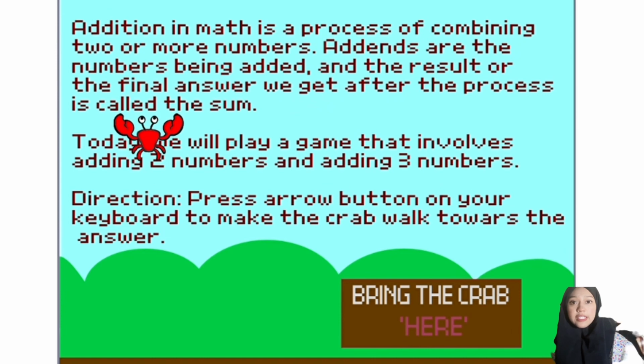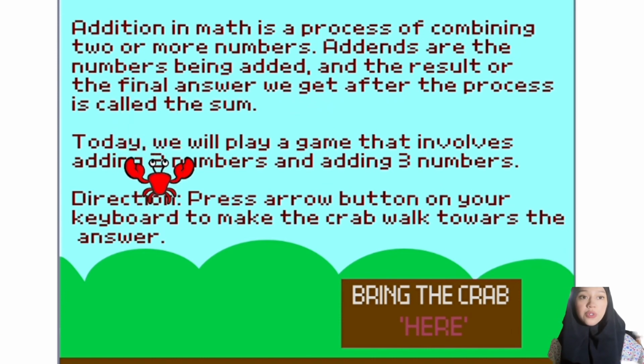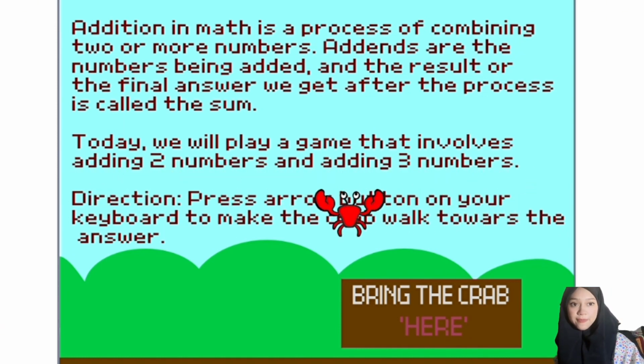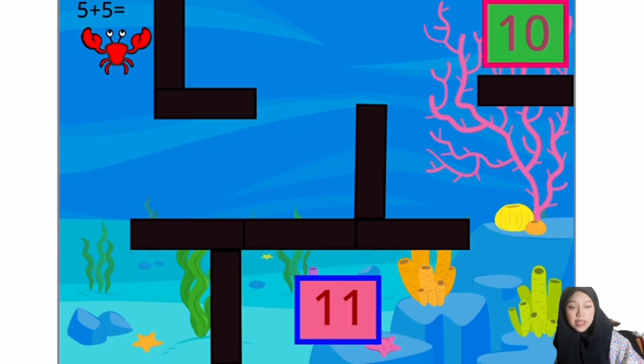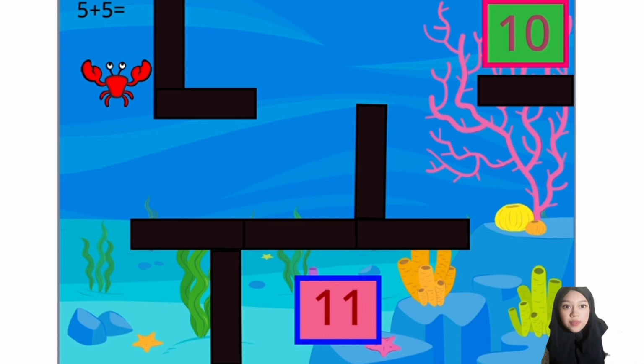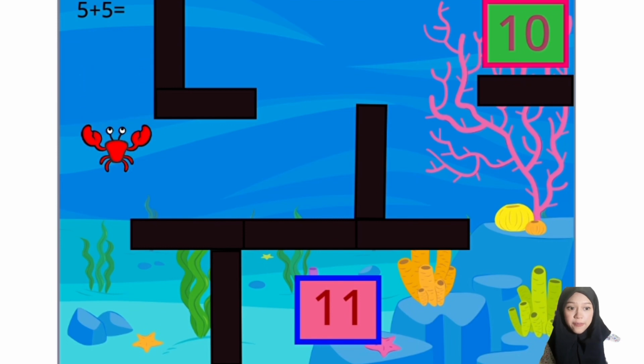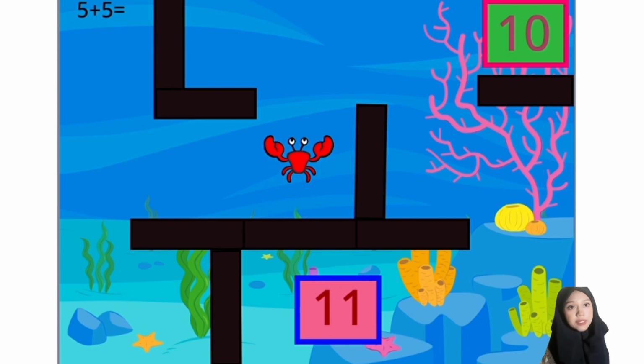Okay, now as the game requires us to move this crab to here. Okay, now the game is started. This game shows level 1, which is 5 plus 5 equals, yes. So if we move the crab towards the obstacle, it will make the crab move the opposite way like this. Yes, the crab cannot